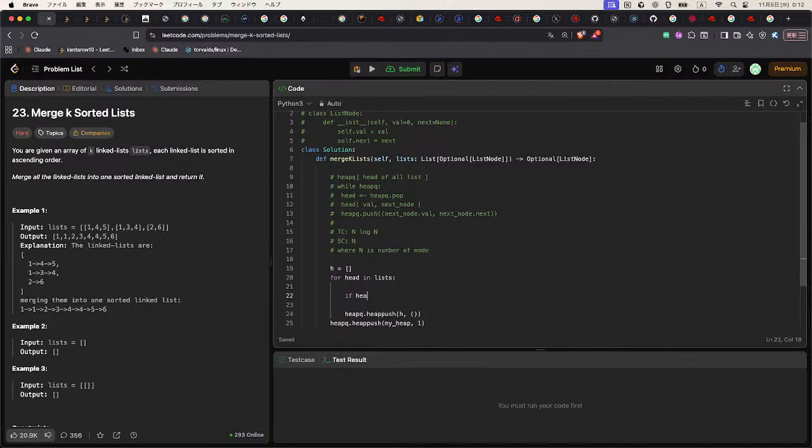So if head, we push head value and head next. This is the initialization, and while